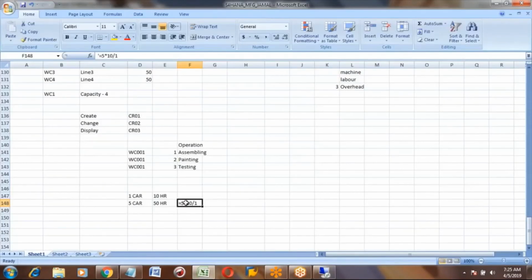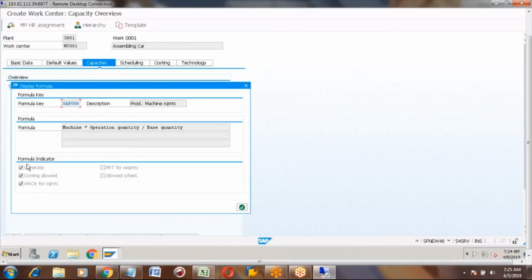That is the formula. And in the bottom you can see formula indicator. In the same screen, you will see the formula indicator: generate, costing allowed, work center requirements, and then on the right side, allowed scheduling. These formulas can be used in capacities, scheduling, and costing also.